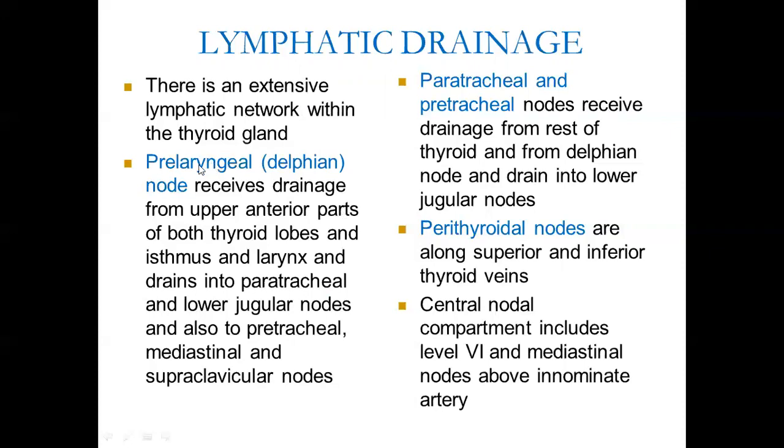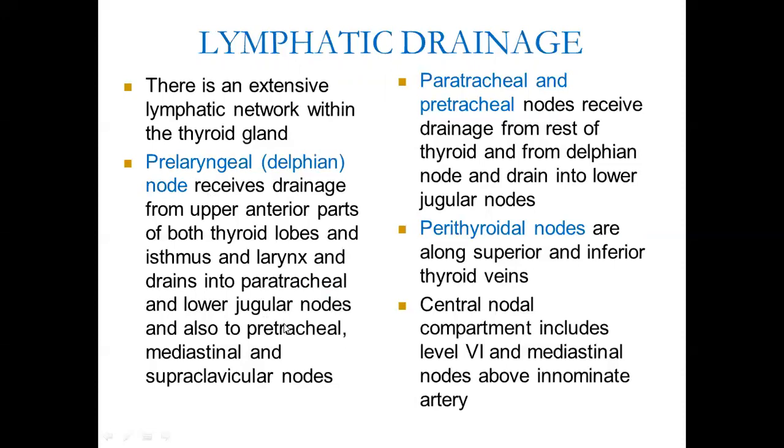So the prelaryngeal node receives the drainage from the upper anterior aspect of both the thyroid lobes and the isthmus and the larynx. And from there, it has two options. Either it can drain to the upper jugular node and then thereby reach the lower jugular node and drain out. Second option, it can go down and drain into the paratracheal nodes and pretracheal nodes, and from there go into